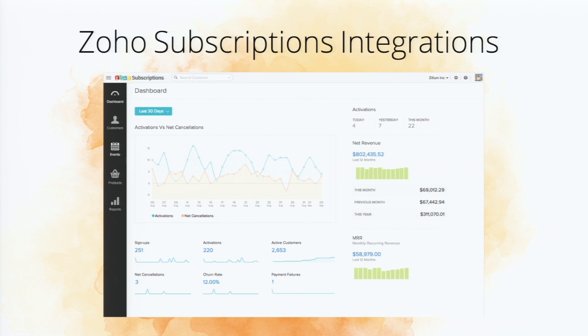But the true value of Zoho Subscriptions is to take the functionality of Zoho Subscriptions and put it into other applications. And typically, companies already have websites that they're transacting on or e-commerce applications that they're billing on. What Zoho Subscriptions allows you to do is suck in that data, if you will, and manage your subscription business ongoing with all this key information that Zoho Subscriptions starts to track for you. So the integration aspect is actually more interesting than just the UI itself, although I am a little bit biased, but I think the UI of Zoho Subscriptions and the rest of our finance applications are pretty nice. So with that,